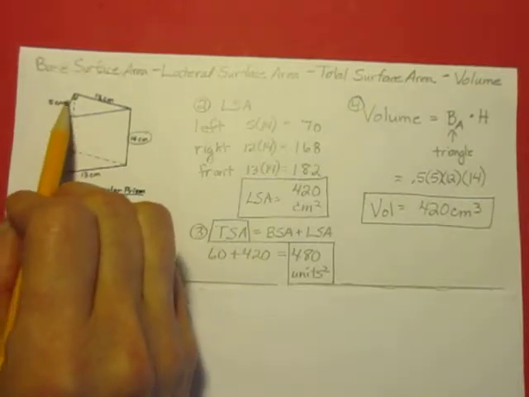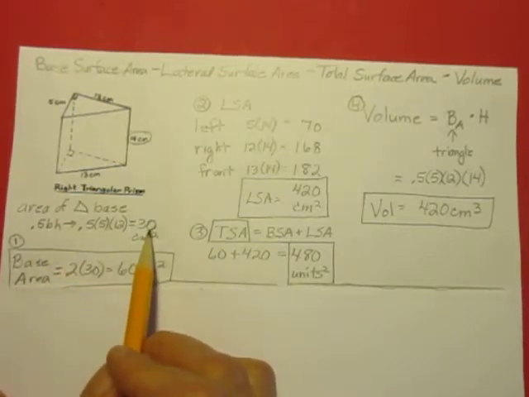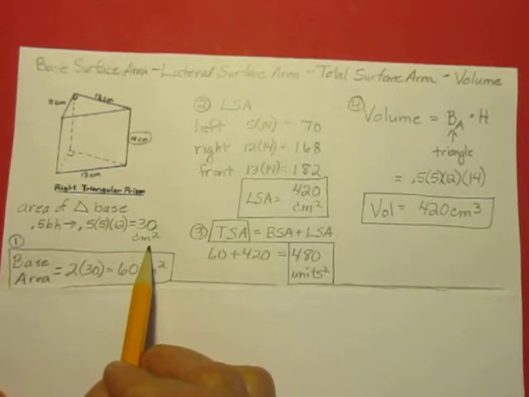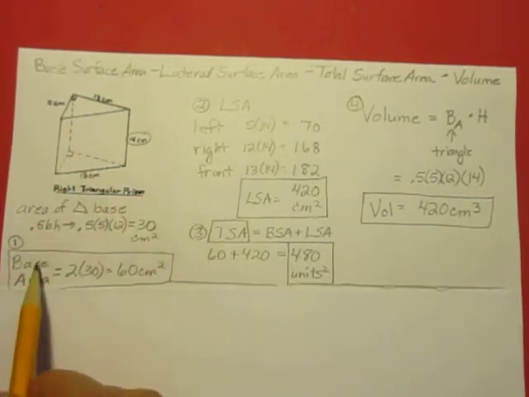So when I go in and I plug in that information, 1/2 times base times height, I come up with an area of 30 centimeters squared for just one of those. But there's 2. There's the top and the bottom. So my total base area